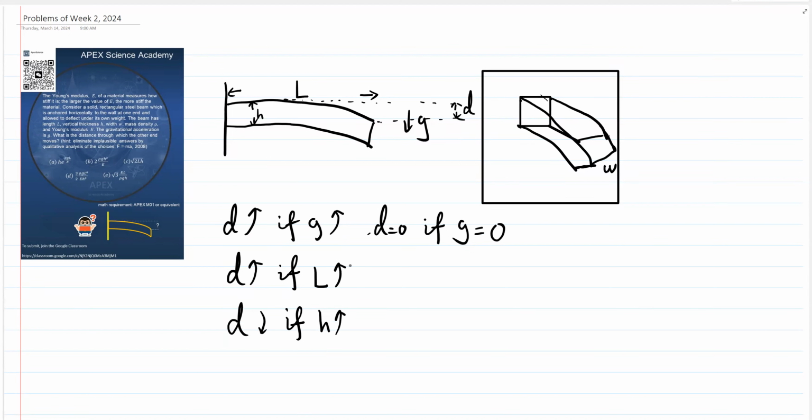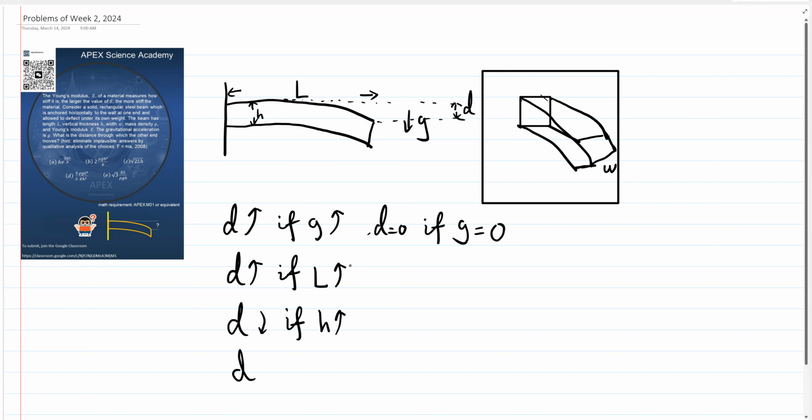And again, you can easily do an experiment using a piece of paper and cutting the width of the thickness of the paper or cardboard and see how that varies. So without doing any calculations, this is what I expect. And finally, D